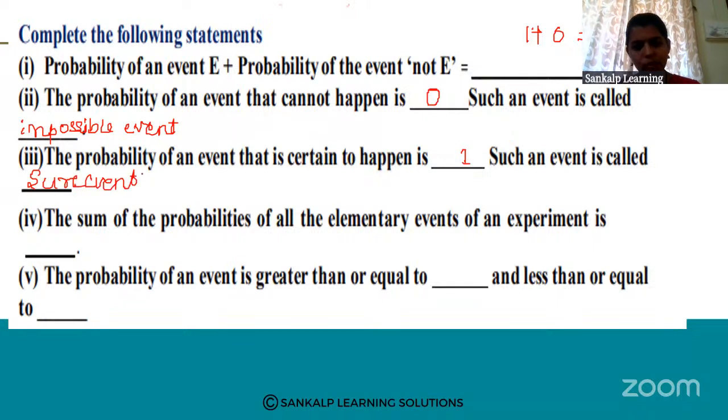The sum of the probabilities of all the elementary events of an experiment is